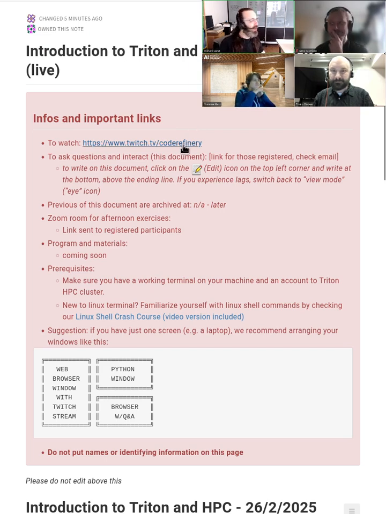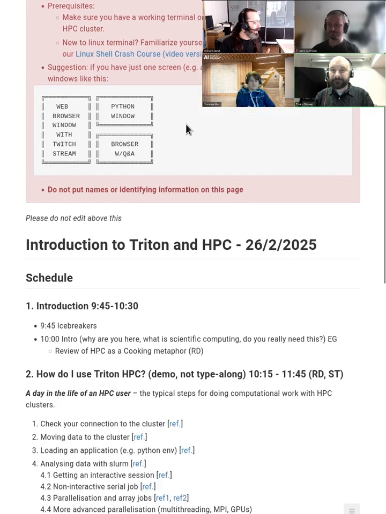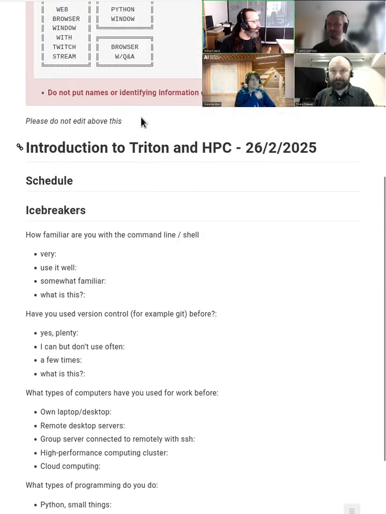But the important thing is the only people that have it are people that have registered. So you should have just gotten a reminder email that also has this inside of it. Is that true? Okay, yes. And if you scroll down to the bottom, you see